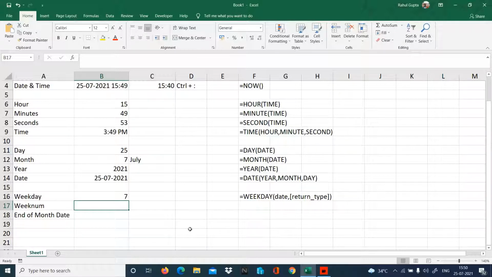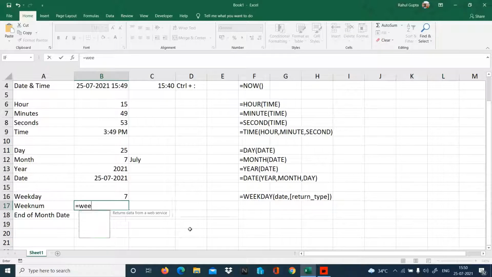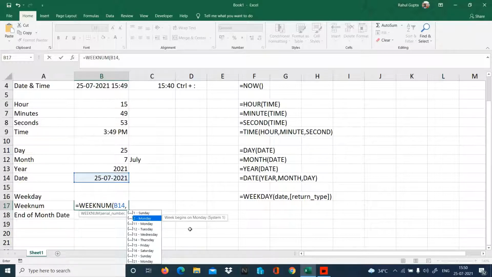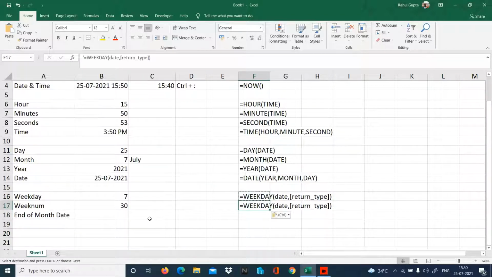Again here, whatever weekday we start from, we have to define. So again I'm selecting second number, that's Monday, from which I need to start my week. So the 30th week is going on, and tomorrow if I check, I'll get the 31st week, because tomorrow I'm starting my next week. Right, so that's what we can do. We can check which week of the year is going on.